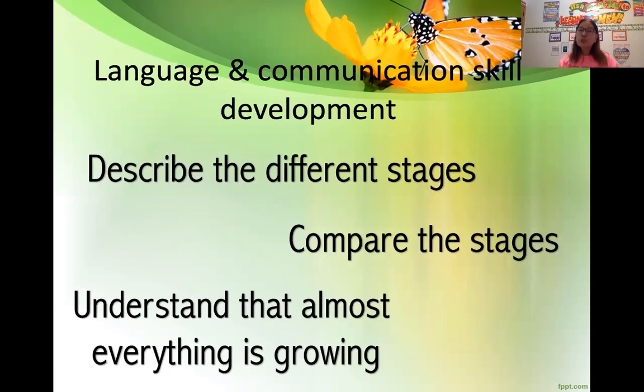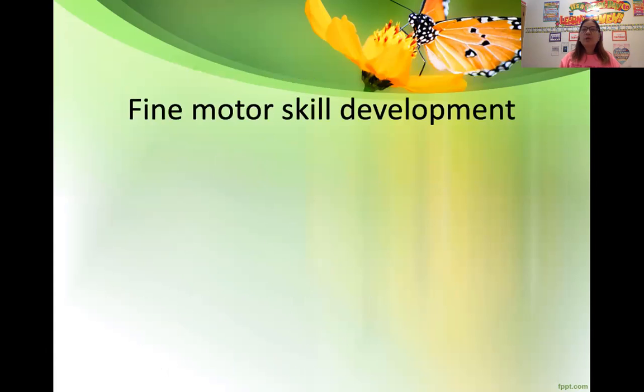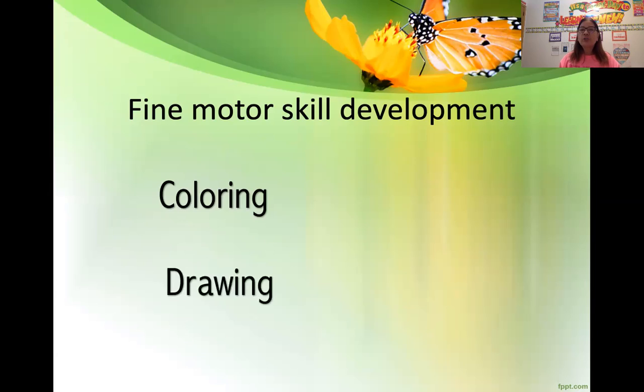They understood that almost everything is growing. So therefore, if they take a look at themselves, they will not be preschool all their lives. Next year, they will be in K. Next year, first grade, second grade. So everything changes. And for fine motor skill, if you ask them to color some butterflies, draw their own butterflies,